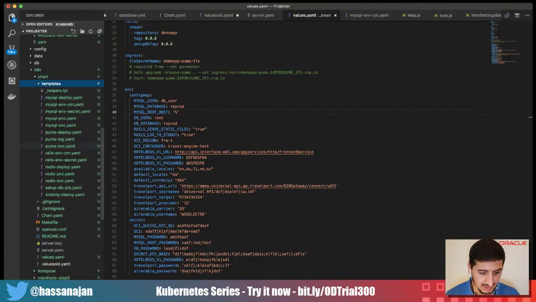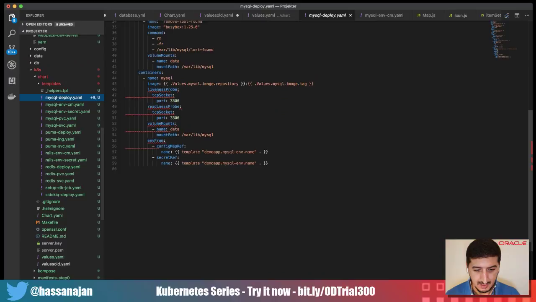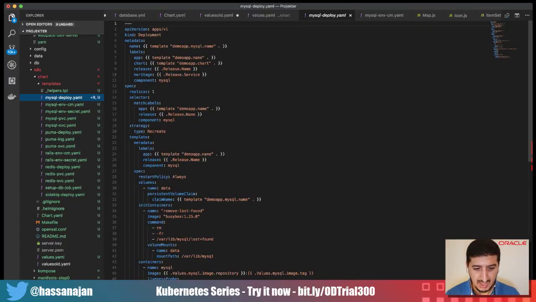Now, if we go to templates, let's take the MySQL deploy to begin with. So here we have a template, and these are Go templates, which basically use some of the data that we have there. Certain things you'll see here is, first of all, this is a deployment